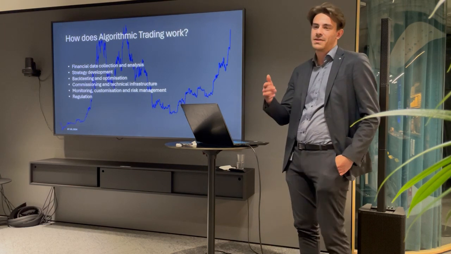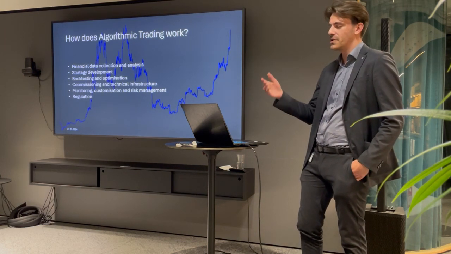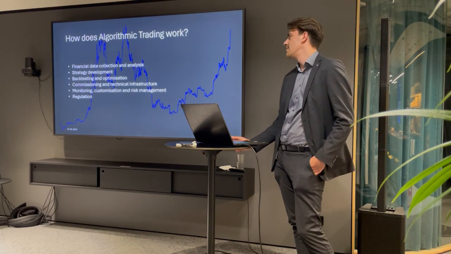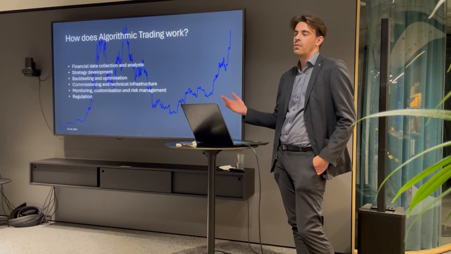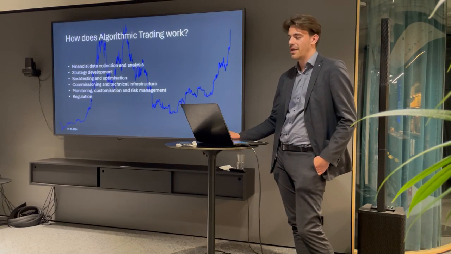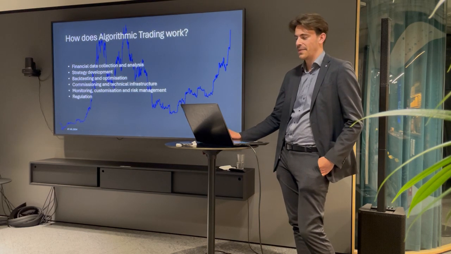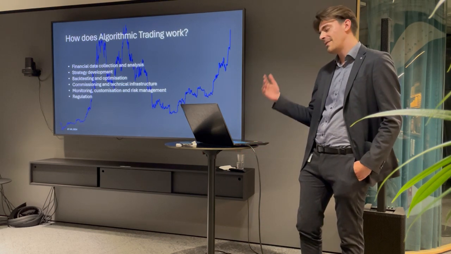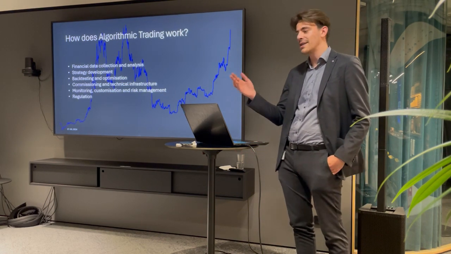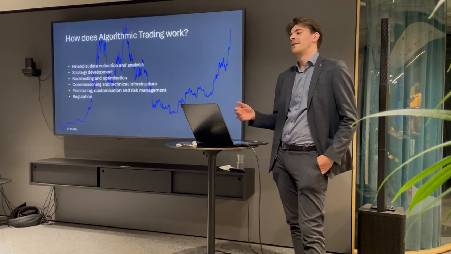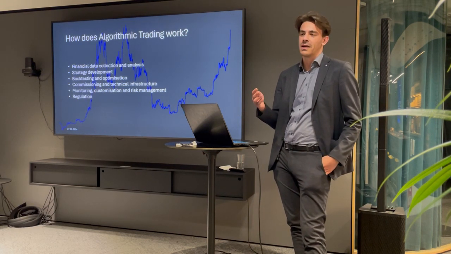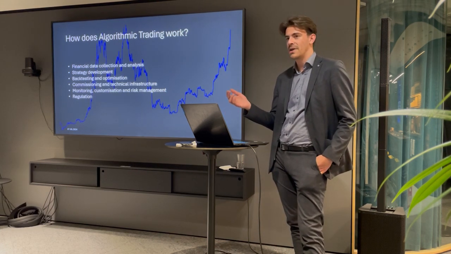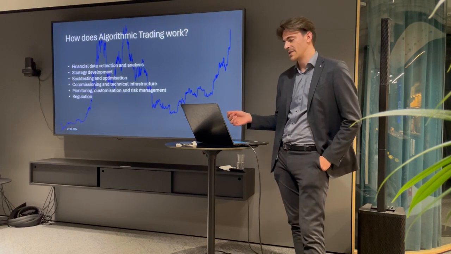In general, how does that work? First of all, we need to have some data. So we collect financial data and analyze it a little bit. And when we know what kind of data we have, what we can work with, we can come up with a strategy. I'll show you a strategy later on, but assuming that you already have a strategy, you can backtest it and optimize it. So if you have an idea, you can think about what would be the performance of the strategy measured in the returns, or how much money you earned in the past.